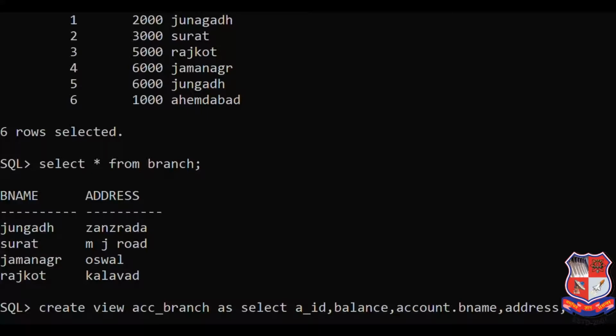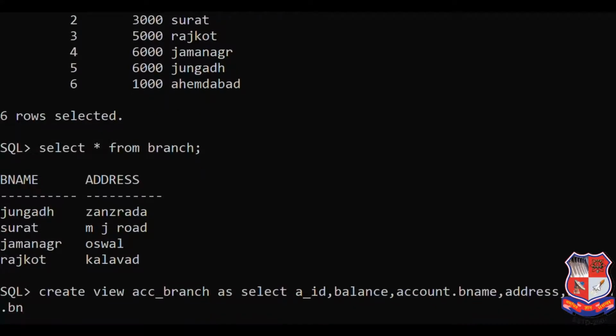So here I have to select the branch name and address from the branch table with the alias B name, from the account and branch tables. Here I put the condition in the where clause.